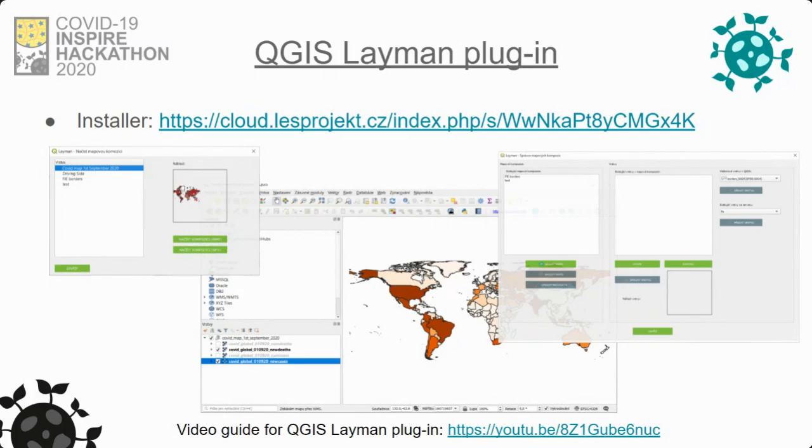So you will see 4 different layers based on the same data, but with different symbology, and how you can use such prepared data to share them via the Layman plugin online, and then visualize them back through the WMS in the thick client of QGIS. So that's the short introduction, and now I ask Bente if you could play the 7-minute video which describes the work within the Layman plugin.